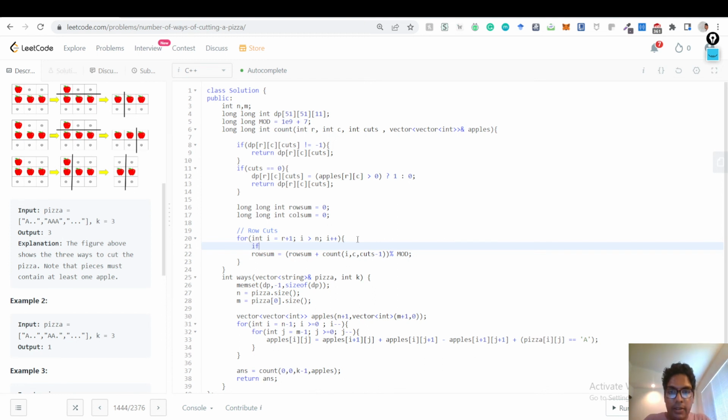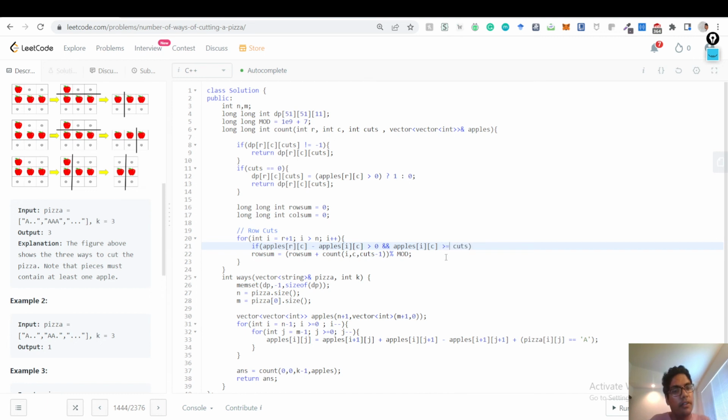So the condition you write is: if apples of rc minus apples of ic is greater than 0, so there are some apples here in the subarray, and if apples in ic also exceed the cuts here, then only proceed. My mistake,